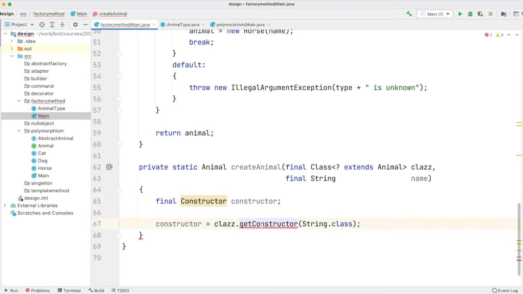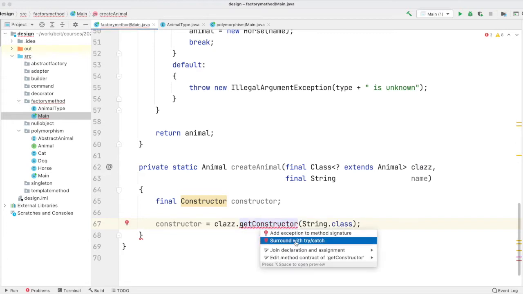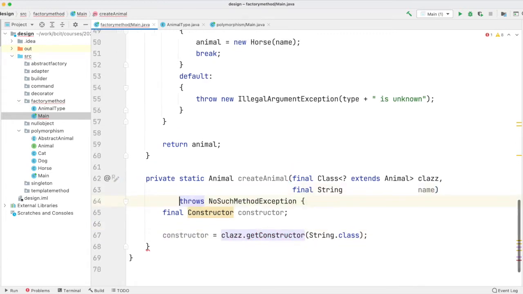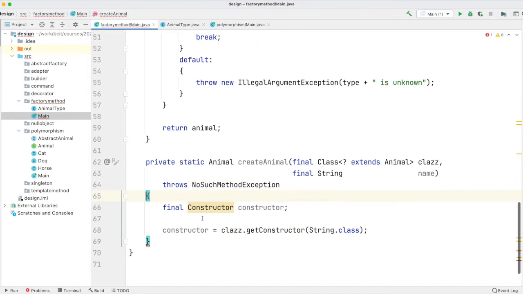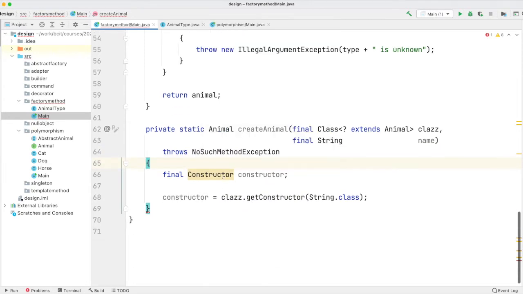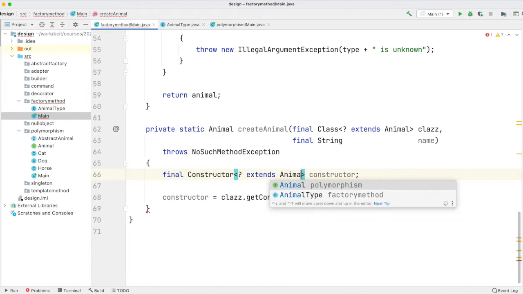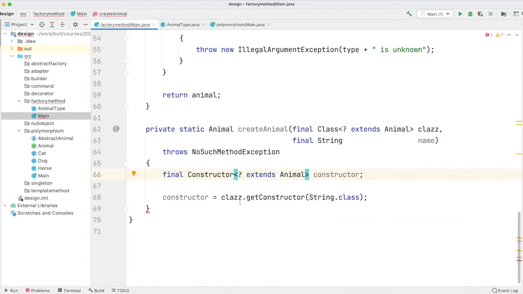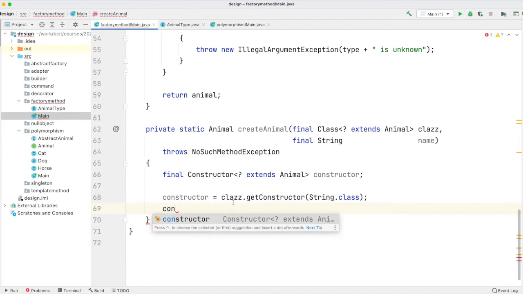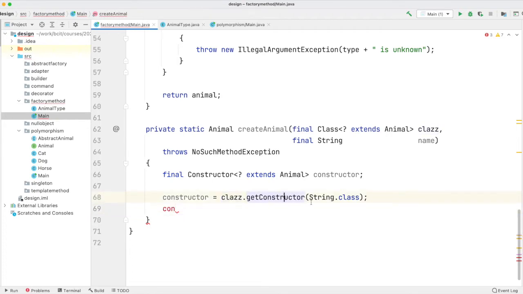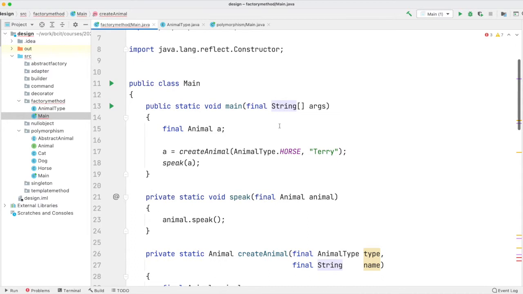It's unhappy here because we're not throwing the appropriate exception, right? So the no such method might mean that there's no such constructor. It doesn't exist. So what we're saying here is, from that class, I want to get the constructor that takes a string. So I'm going to change this to